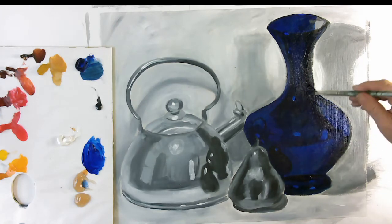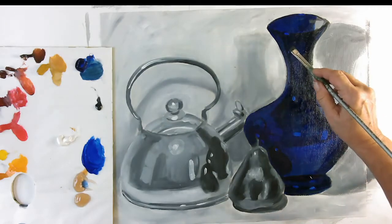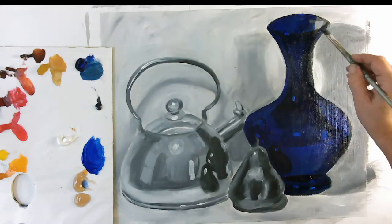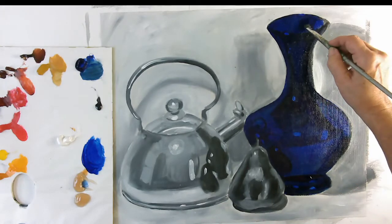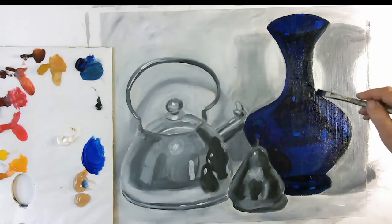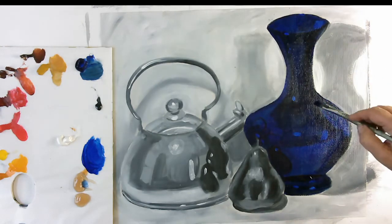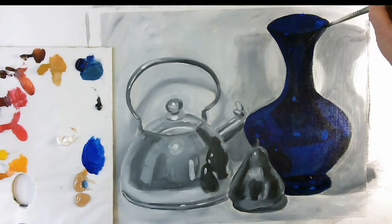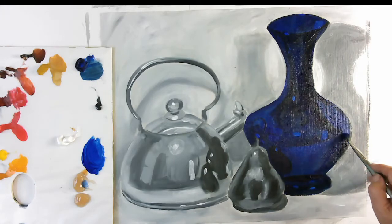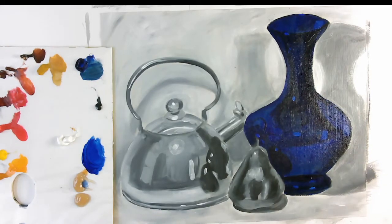There we go. Also, another reason I like Liquin is it doesn't smell so much. With a lot of painting mediums and other things, they're often in turpentine or something similar that's got a bit of a pong to it, and you can tell they're fumes. And Liquin actually is very good. It doesn't smell so much. It does smell a bit of something, diesel or something. And also the turpentine